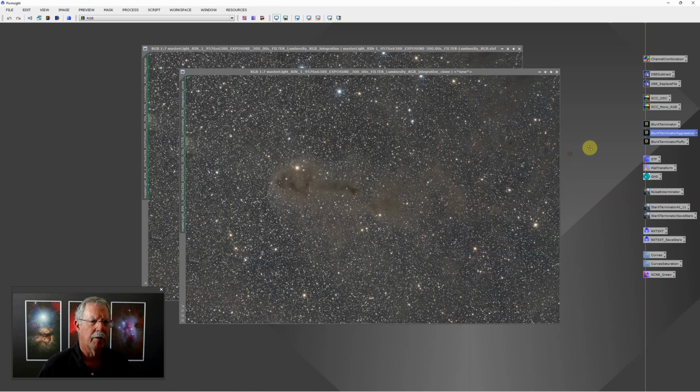But again, since I have process icons saved with those settings, I just drag the Blur Exterminator aggressive over to the image I just cloned or created, drop it on there, and it's going to run Blur Exterminator, and you'll see it will greatly reduce the star size. It makes the stars almost too small and too sharp, which is why I run it twice. I'll run it once with very aggressive settings to get a good crisp core of the star, and then I'll run it a second time